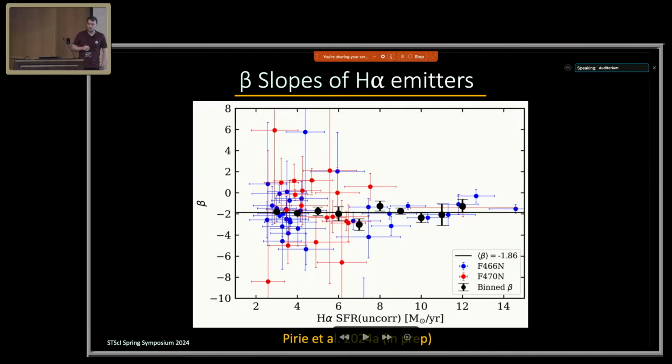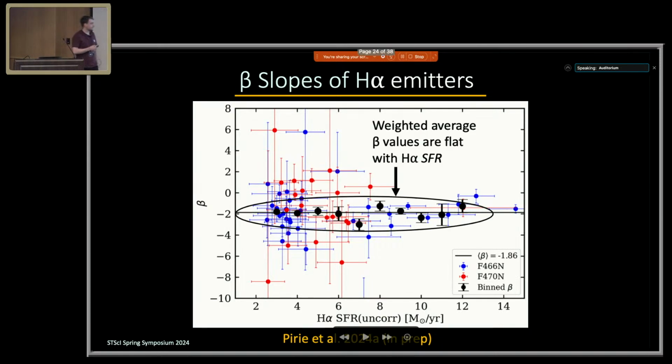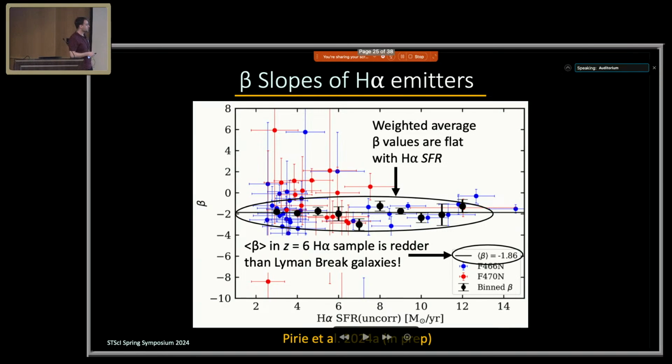One of the things that we want to look at in order to constrain some of the properties of these galaxies is looking at the beta slopes. And so here I've measured their beta slopes as a function of their uncorrected H-alpha star formation rate, just to get a first pass to see what the UV slopes, and hence a handle on the dust, look like for these galaxies. And what we notice is that the weighted average beta values are pretty flat with H-alpha star formation rate, but also that the weighted average value of the beta slopes is